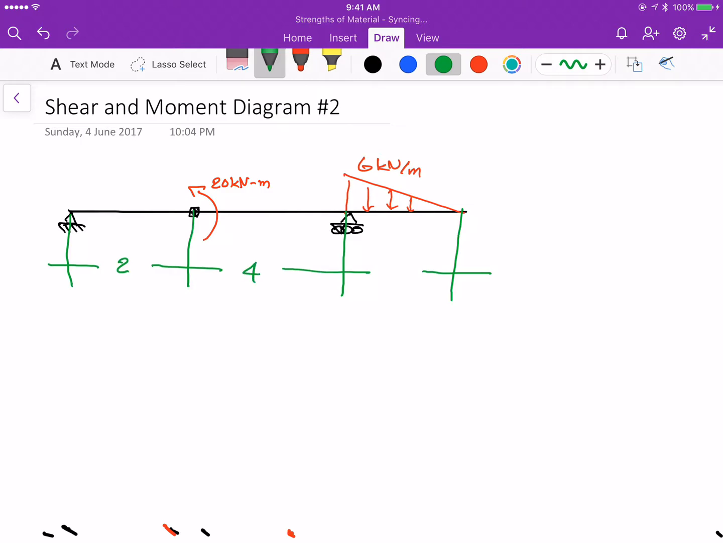The drawing might not be to scale, but just bear with me on the numbers. And I'm going to call this A, B, C, and also D. Okay, now the first order of the day, if you want to work on the shear moment diagram, is for you to get the reaction correct. So now let's go ahead and